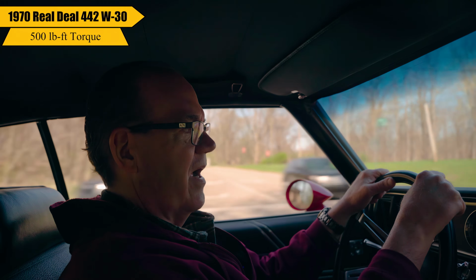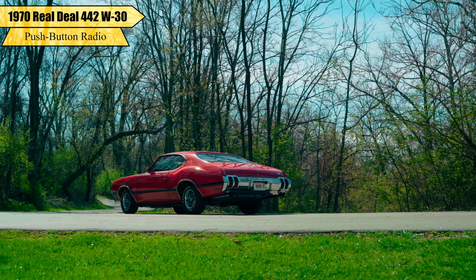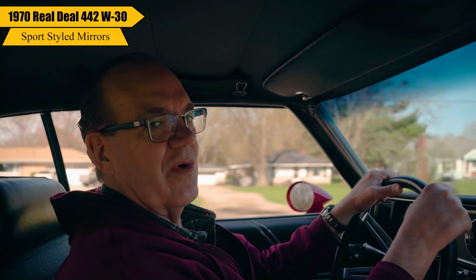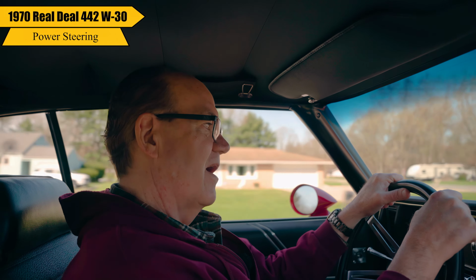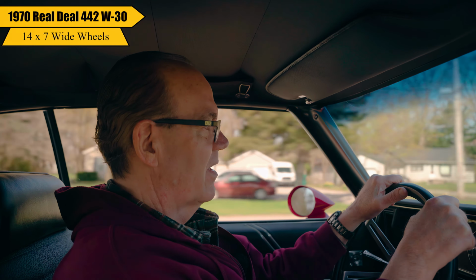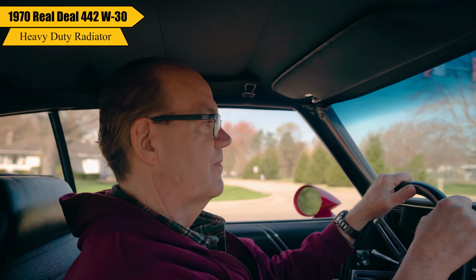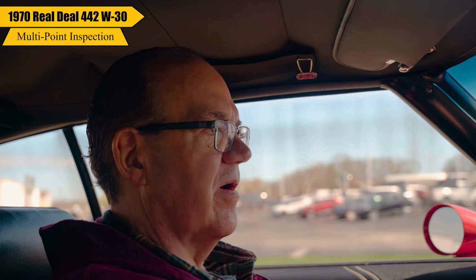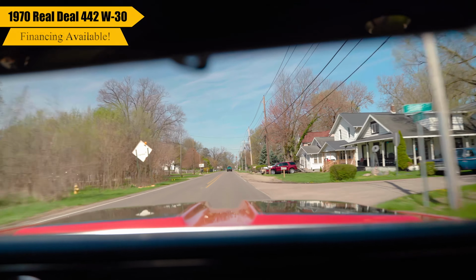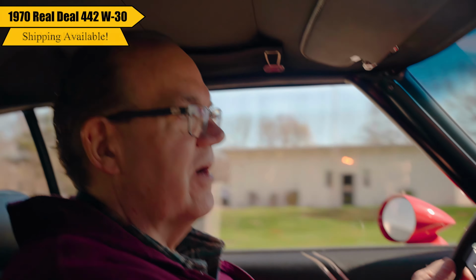After having one, this is probably one of my favorite cars, at least for where I'm at in my age, in my life, because I can cruise and I can enjoy quick takeoffs. I don't have to wind the motor out like I do my precious Z28s. So I think you really, really would enjoy the driving experience in this car. I try to go through every one of our cars. I drive each car approximately 200 miles before it even goes into service. So you can be enamored by the actual working